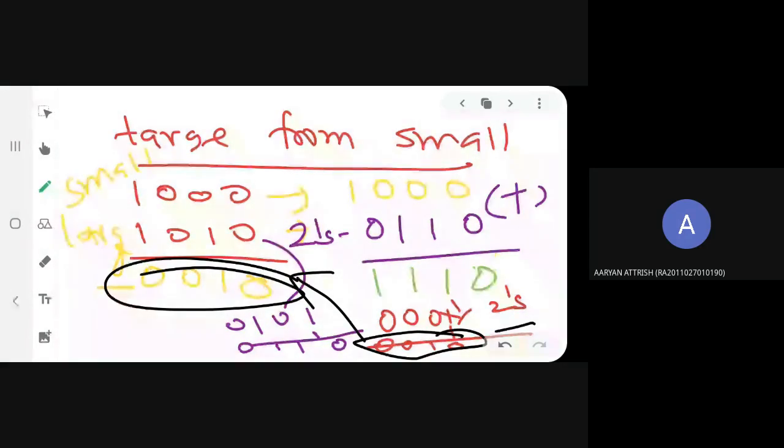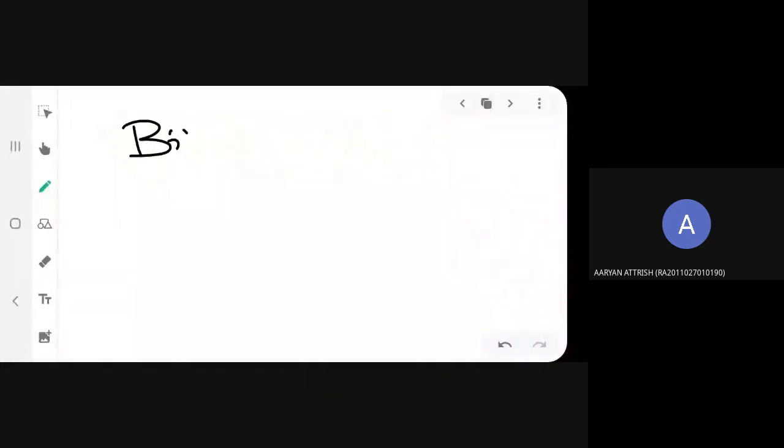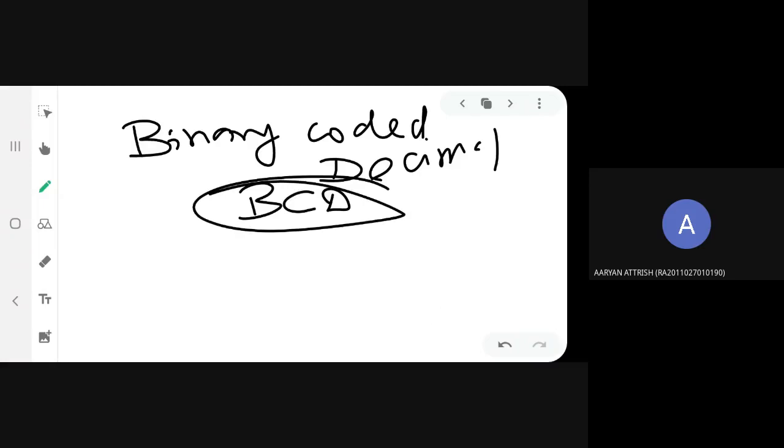The next thing is, before discussing Boolean algebra and all, we will discuss binary codes. Binary coded decimal, that is otherwise called BCD numbers. Have you heard of BCD numbers, binary coded decimal or BCD? Yes, ma'am. So you are to tell me, suppose a normal binary number grouped in 4 digits, you assume 0, 0, 0, then what is the number? You are to tell me.